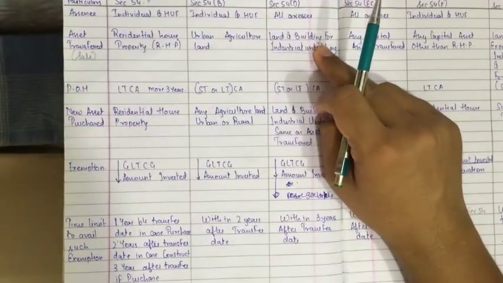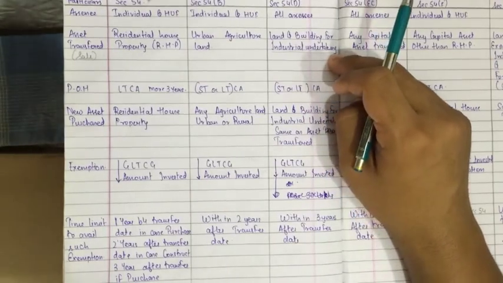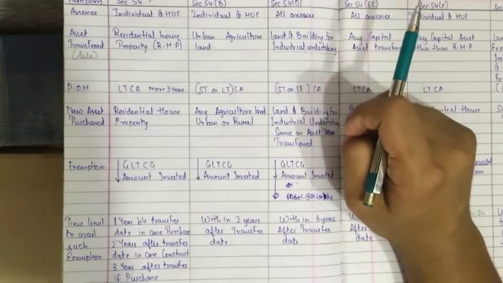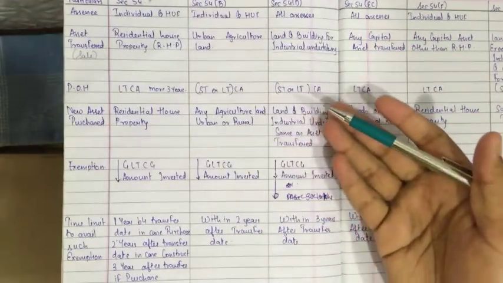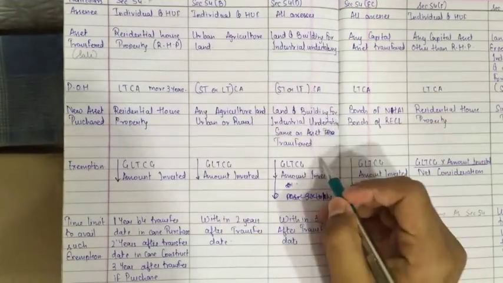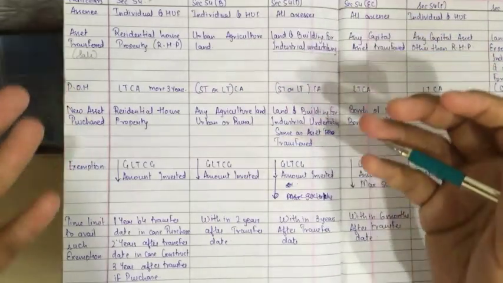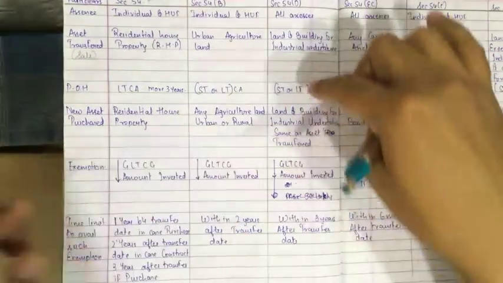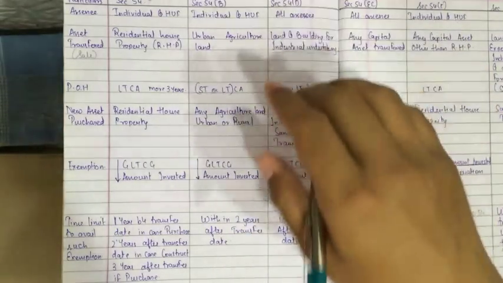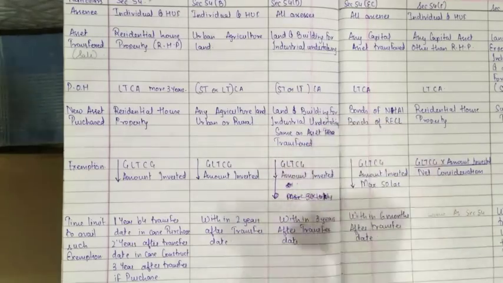If the land and building of an industrial undertaking is sold for 20 lakhs and we have earned a capital gain of 5 lakhs, and we purchase another land and building for an industrial undertaking for say 30 lakhs, then we take 5 lakhs or 30 lakhs, whichever is lower. So the gross capital gain is 5 lakhs, less exemption under section 54D of 5 lakhs, and the capital gain comes to 0.